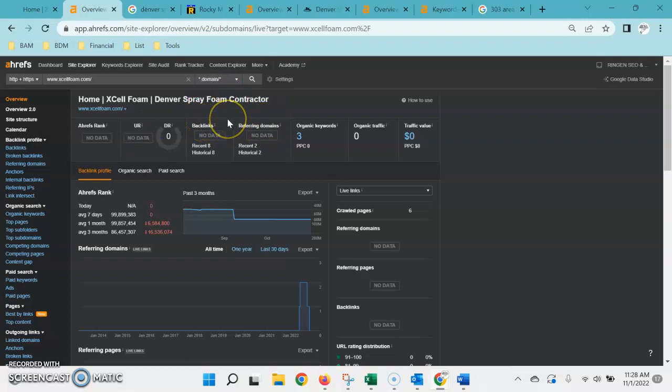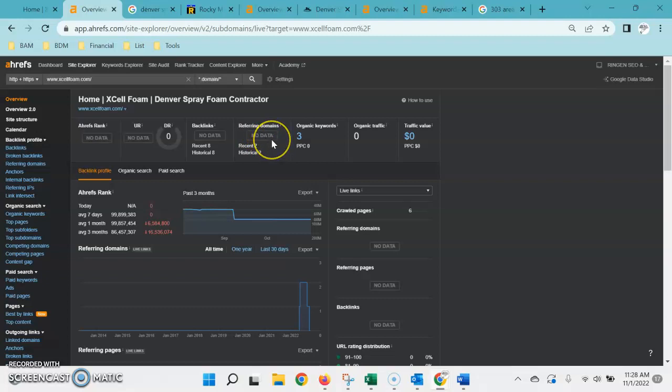So to give you a quick example, if say the local news station had an article on their website for the top 10 best foam insulation companies in Denver, and in that article, the reader could click on a link and it would bring them to your website, that would be considered one backlink from one referring domain. Now, these backlinks can come from many different types of websites, including blogs, editorials, guest posts. However, one very strong and important type is what's called a citation.